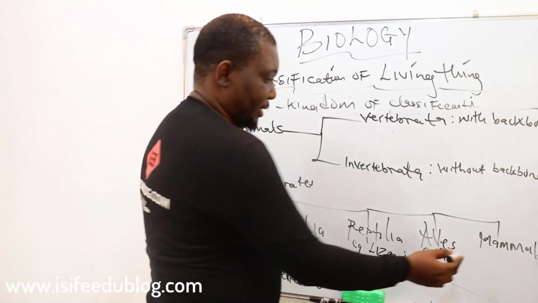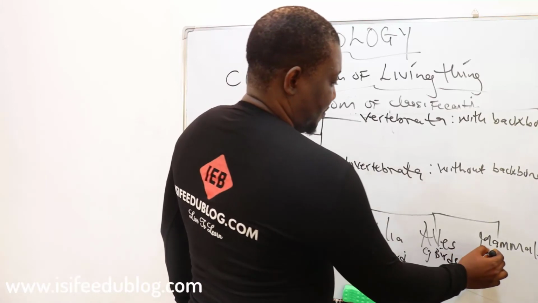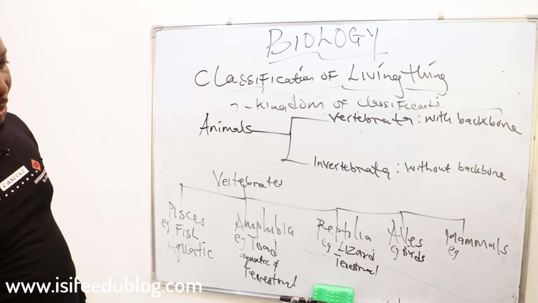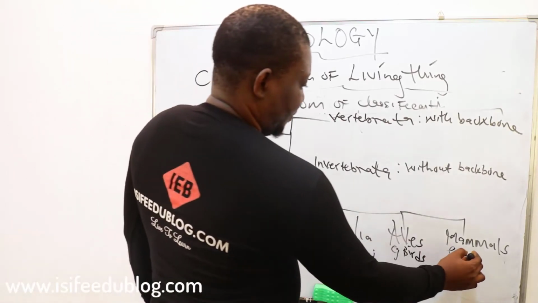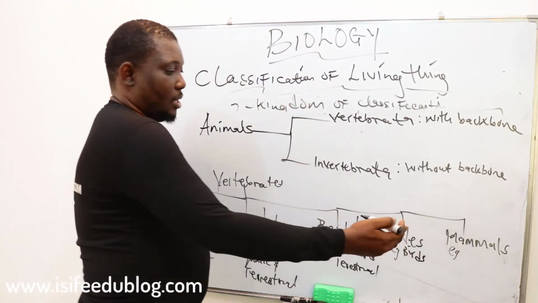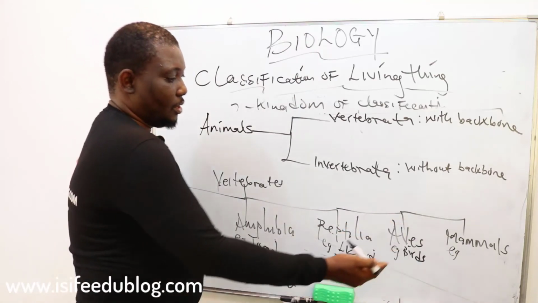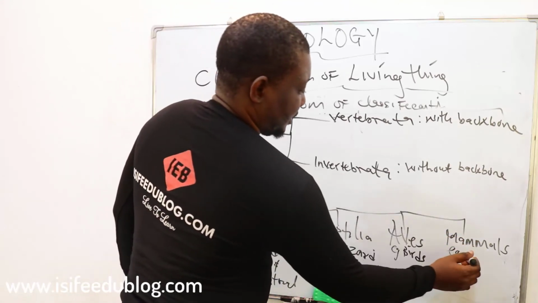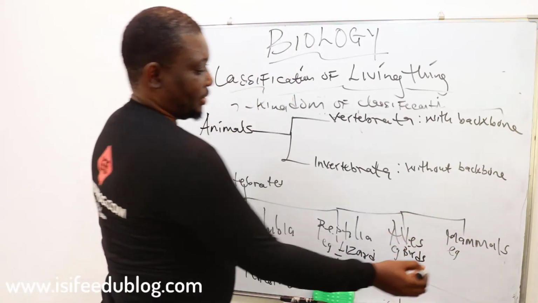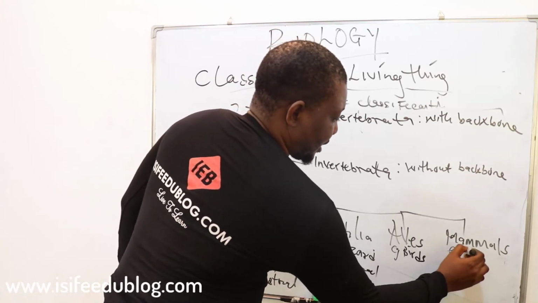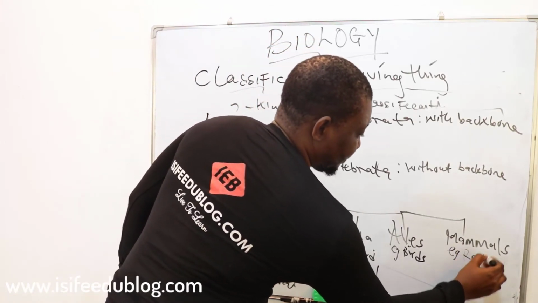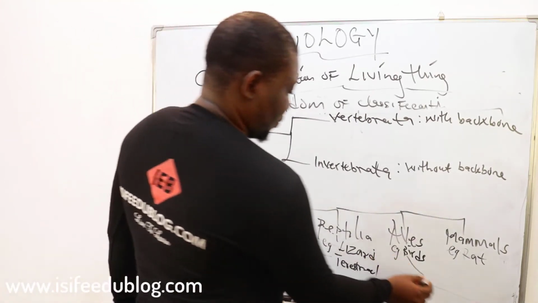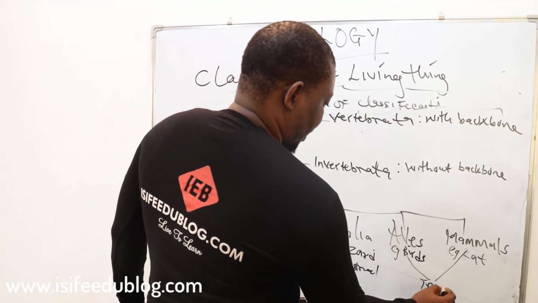Then the last but not the least is mammalians. This is where we have a typical example, man. But in the lab, for SSC level, we usually represent mammals with rodents. I think I'll go for rats or rabbits. Rats are mammals. So basically, these two are terrestrial,